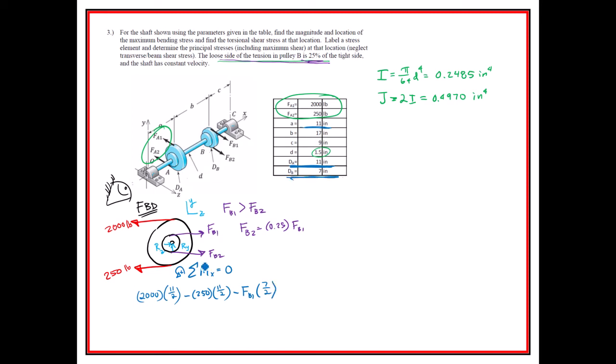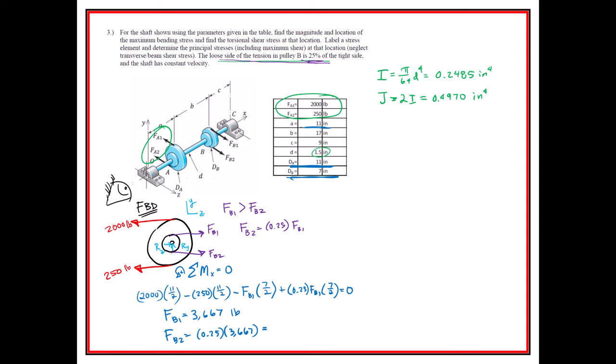And then we take a look and we go, okay, well, the FB2 is going to be counterclockwise, but we already know that it's going to be 0.25 times FB1, and its radius is 7 over 2. And these happen to balance out, right? So what we find is that FB1 now is going to be equal to 3,667 pounds. And so we should get FB2 immediately after that of 0.25 times 3,667. And so we end up with